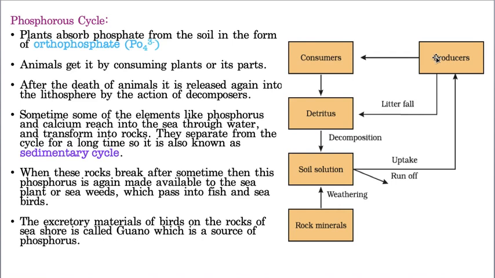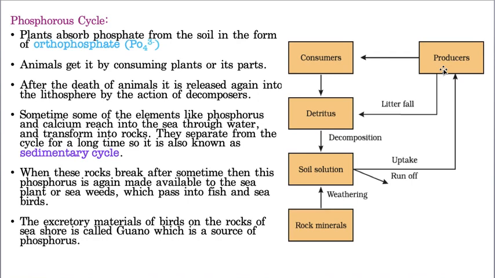From the producers, route number one is consumers, that means herbivores, and by excretion and death, detritivores. Now here again you follow my arrow mark, and this is a second path. See, this is a first path and this is a second path. Producers, that means plants, they shed off their leaves or sometimes branches. For example, if it rained very heavily, some of the branches of this particular plant break down and they will fall off.